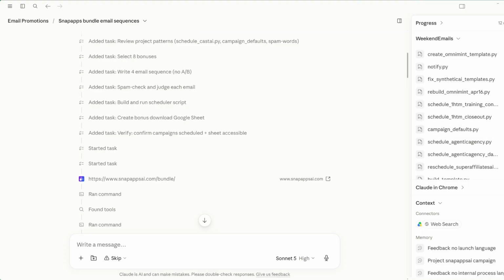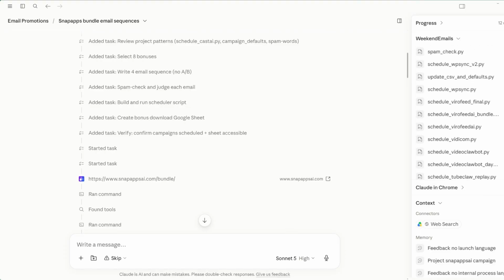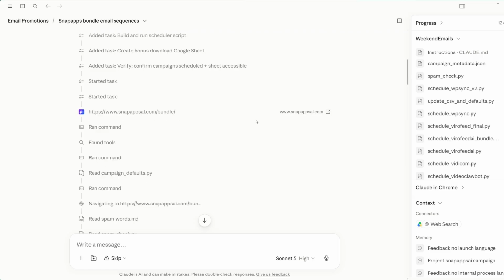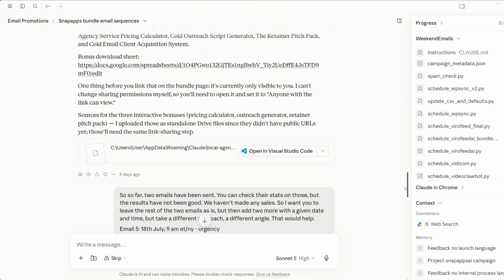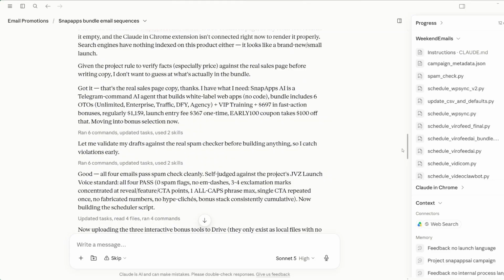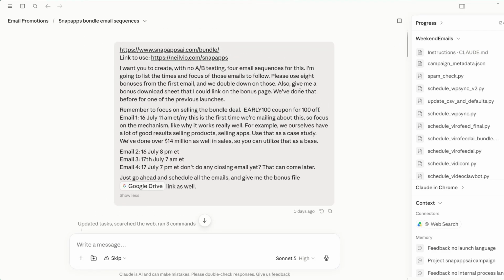And for memory, all the campaigns that are previously done are here so that whenever in the future it needs to look at what campaign worked, what didn't work, what we need to follow, it can quickly refer back to them. As you can see, it's doing everything step by step and reading everything as it goes along. And if it ever gets stuck, I can just go in and push it along as well. And this is something I do every 2 to 3 days to make sure that all my campaigns are automatically